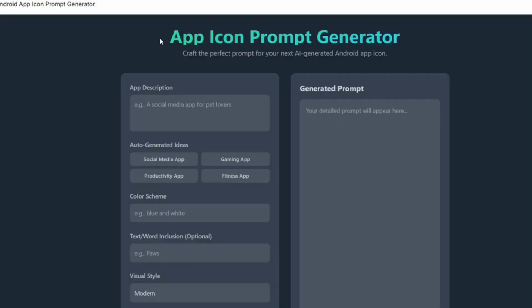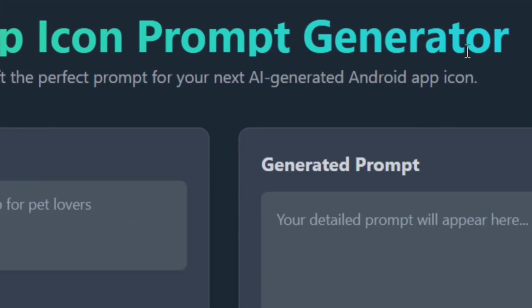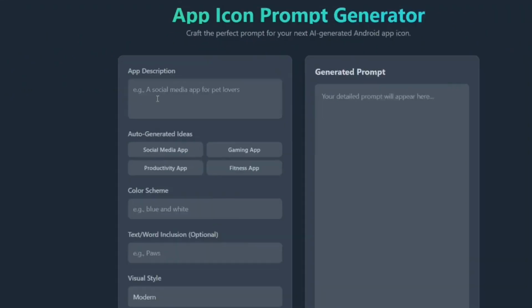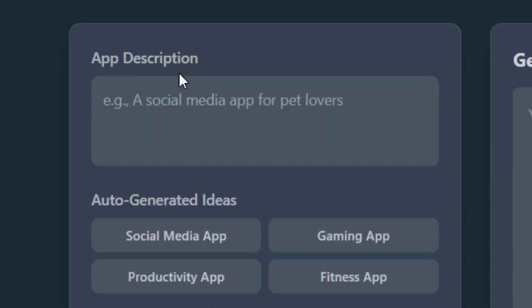How to create your own app icon. So this is App Icon Generator. That is all you need to create your own app icon. All that you have to do is simply come in and describe what your app is about right here in